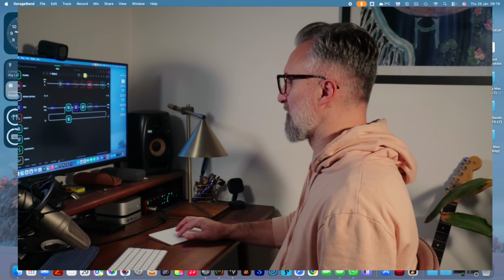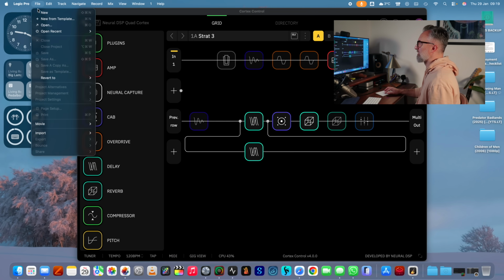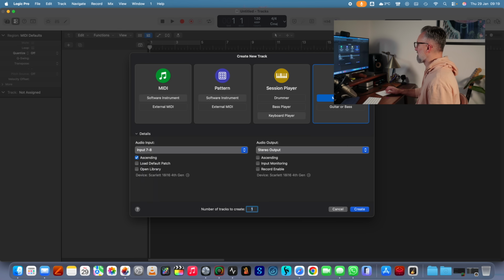The new Apple Creator Studio has come out and Logic has been updated to Logic Pro 12. And there's a function that I really waited a long time to see, and I just wanted to show it to you. So if I open Logic, open a new project,